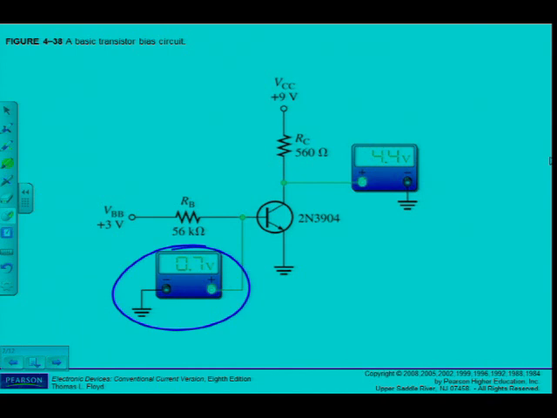0.7 volts, remember this is VB. VB is measured with reference to ground. So the red lead will be on the base and the black lead will be on the emitter. And I know that I will get approximately a 0.7 volt drop between base and emitter. Of course there's no resistor on the emitter in this specific circuit. The difference between the emitter and base is 0.7 volt, and I can see that the emitter should be 0 volts. There's no resistor between the emitter and ground. Alright, then I can calculate IB, IC and VC. So I basically know what I am